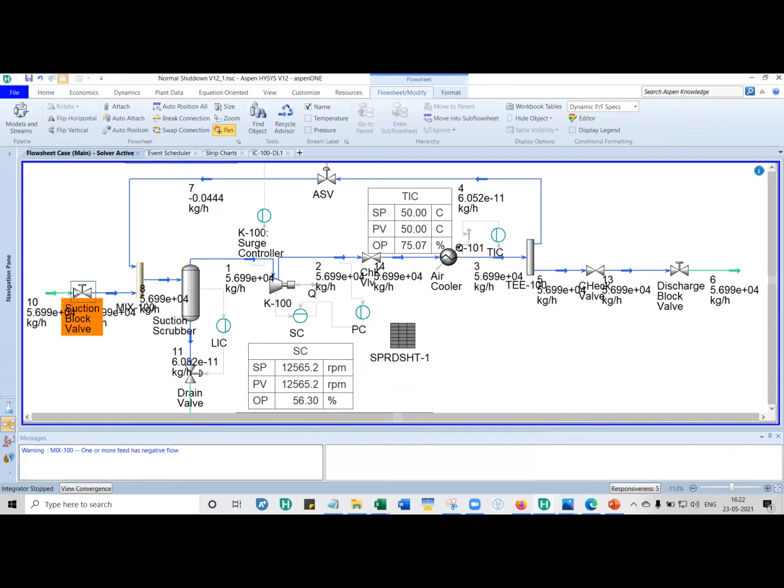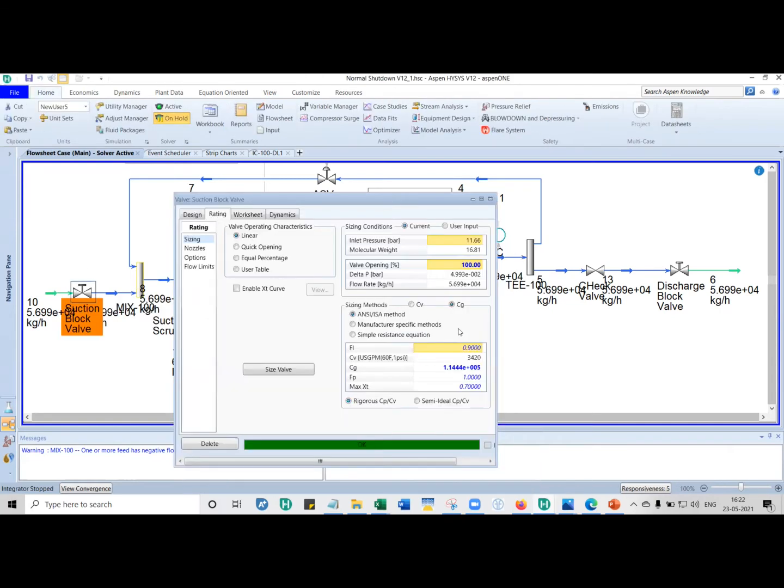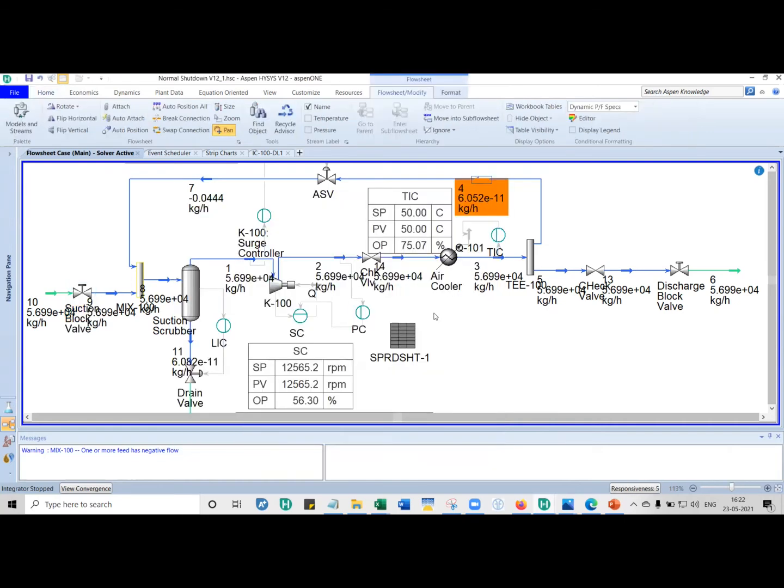For check valves and block valves, both, give a high CV value. If they're all full bore valves, and you have a pipe and a valve, if it is open and you look through it, the valve's opening is the same as the pipe's opening. So in such cases, you can give a high CV to say that there is hardly any pressure drop across the pipe. So for check valves and block valves, you just approximate it to almost no pressure drop.